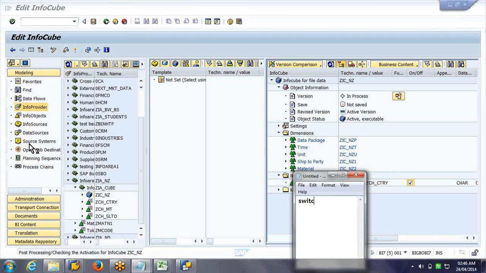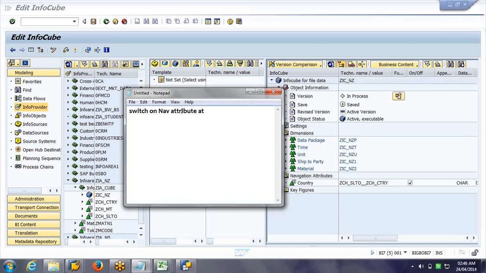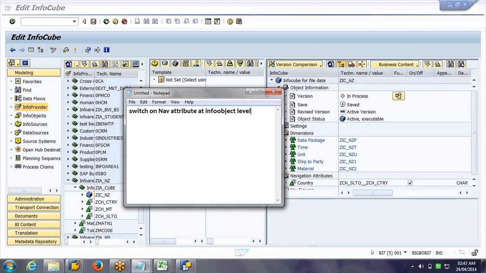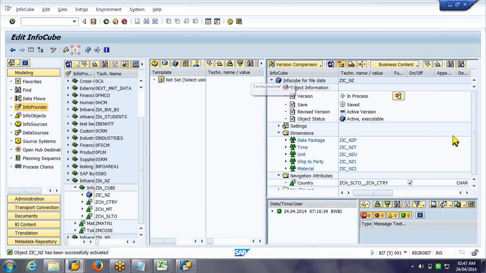So switch on the navigational attribute at info object level, then at info provider level also, to achieve the benefit in reporting. So now it has been added to this.